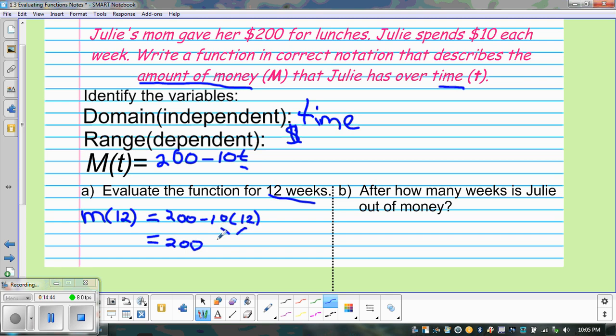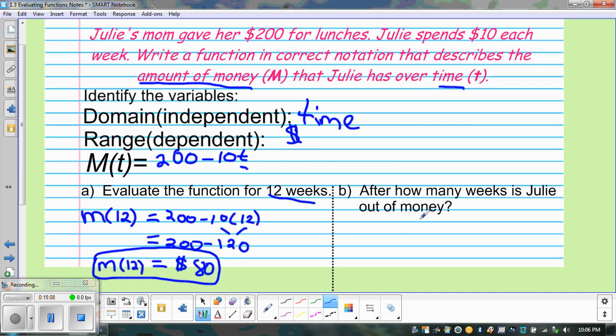10 times 12 is 120. So now I have the 200 minus the 120 she spent, leaves her with a balance of $80. So the money remaining after 12 weeks, M of 12, is equal to $80. So the next question that applies to Julie here is, after how many weeks will she